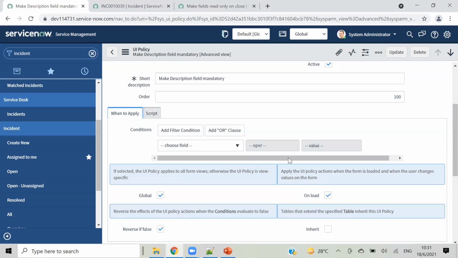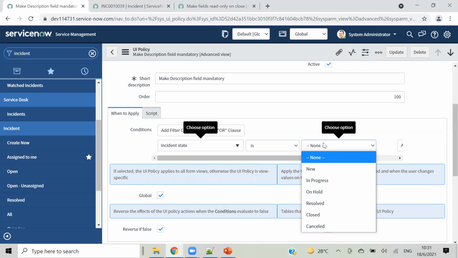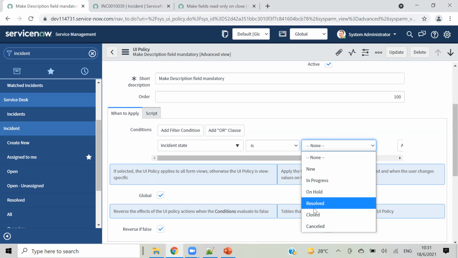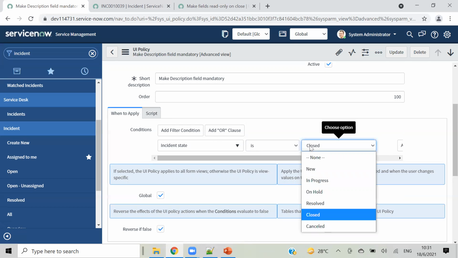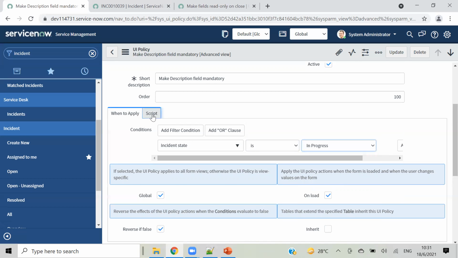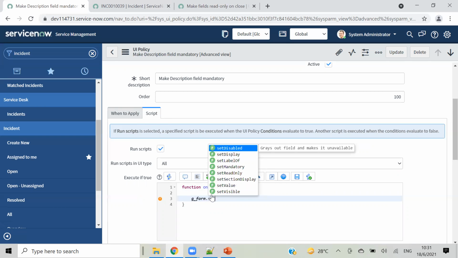Okay. So let me take some condition from here. Incident state. If incident state is resolved or else closed, taking closed for better understanding. Okay, one minute. Taking progress. If this is the condition, I have to hide description. Okay. So for that, g_form.set